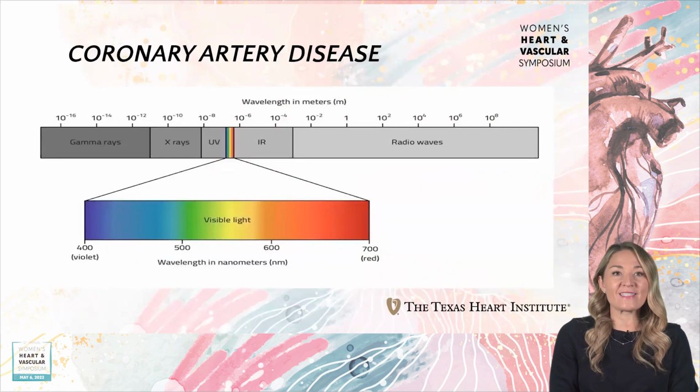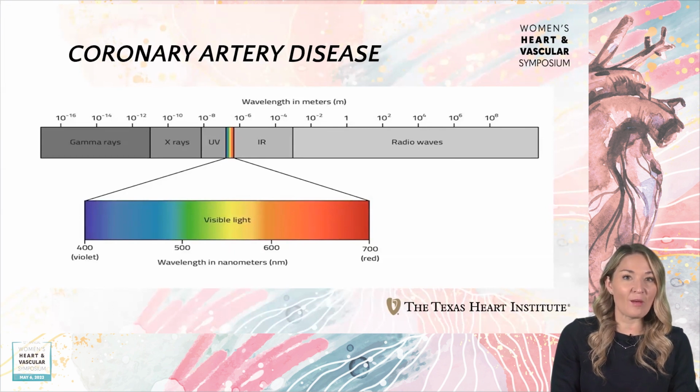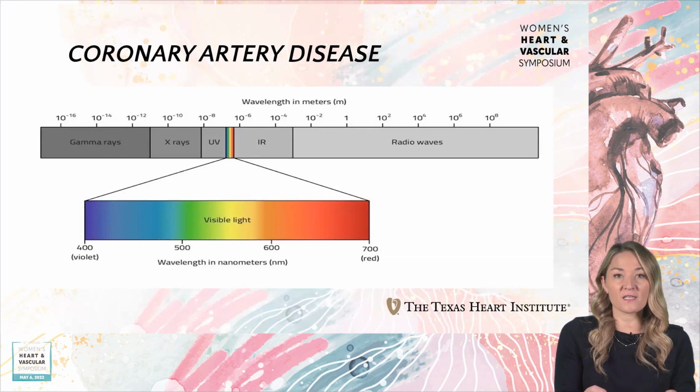Coronary artery disease is like this, it's a spectrum. Think of wavelengths of light, from gamma rays all the way to radio waves, and then I just picked the visible light spectrum of what we see in coronary disease, and what we can identify is a small part of that disease process. So there are many flavors and many colors of coronary artery disease that we'll get into here.